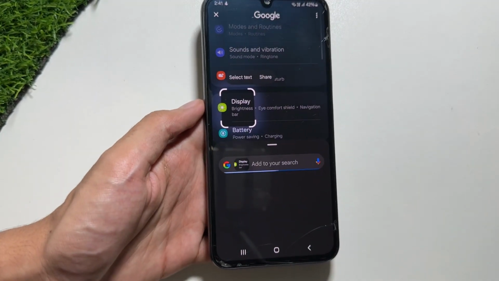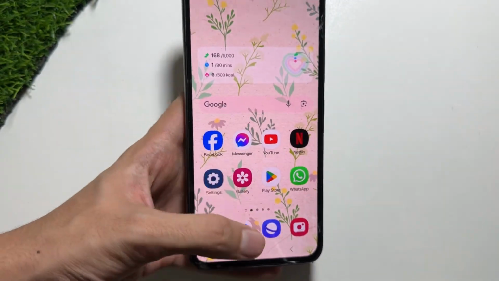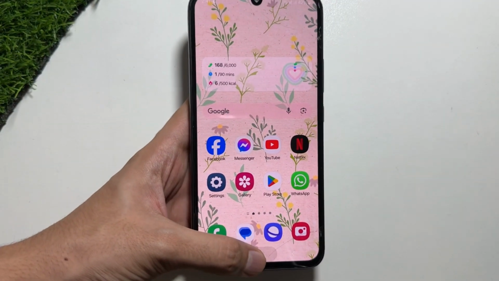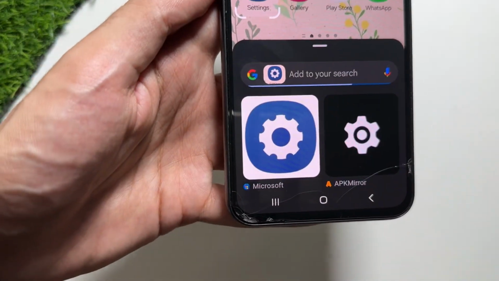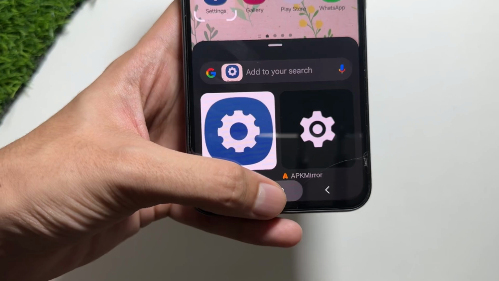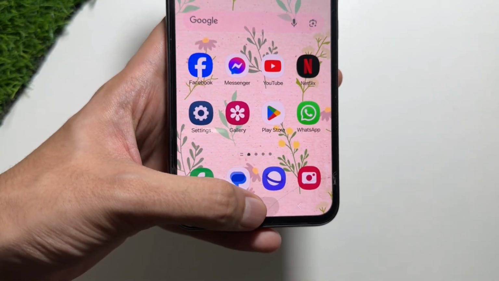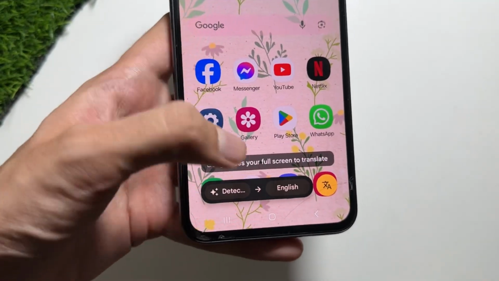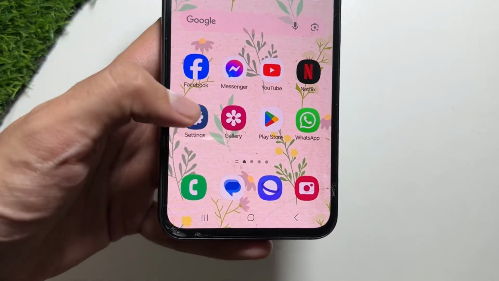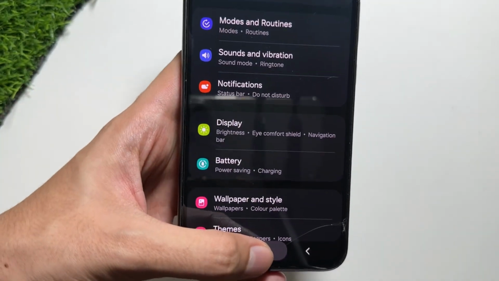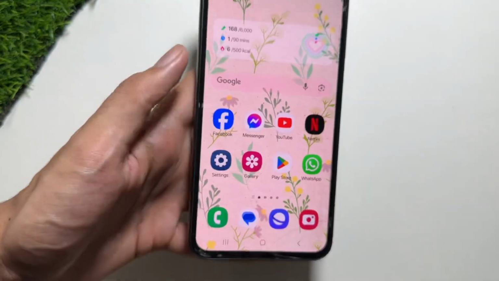So to use it, you just have to long press your home button, and then simply circle the object to search it from Google, as I am doing right now. As you can see over here, it is now searching for settings. It is a really good thing if you want to search anything directly from your screen. Also, if there is text on your screen in another language, you can also translate that by simply using this trick. By long pressing your home button and then clicking on this icon, that text will be automatically translated